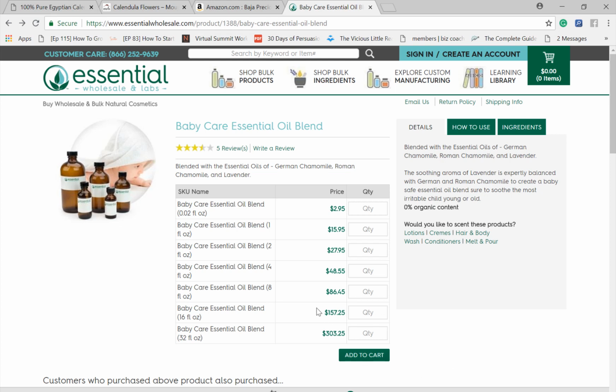Now, I'm going to be honest. I don't love the smell of this Baby Care Essential Oil Blend. There's just something about it that's a little sharp, and that's the nature of chamomile essential oil. I love the smell of chamomile flowers and chamomile tea, but the essential oil just kind of makes me a bit... so what I would do is mix this half and half with organic lavender essential